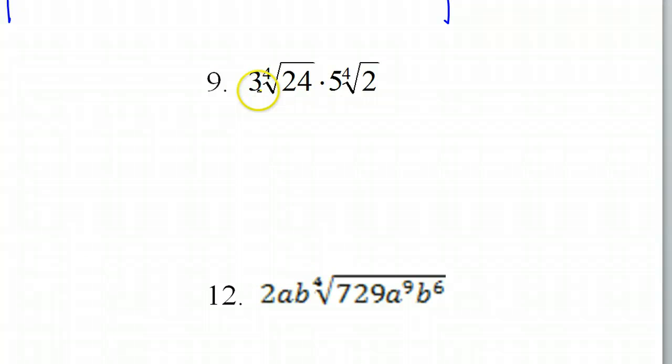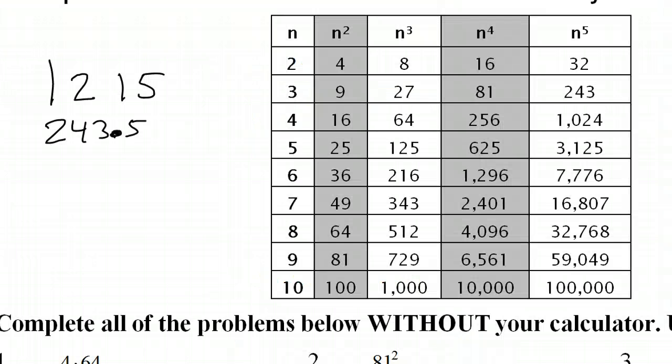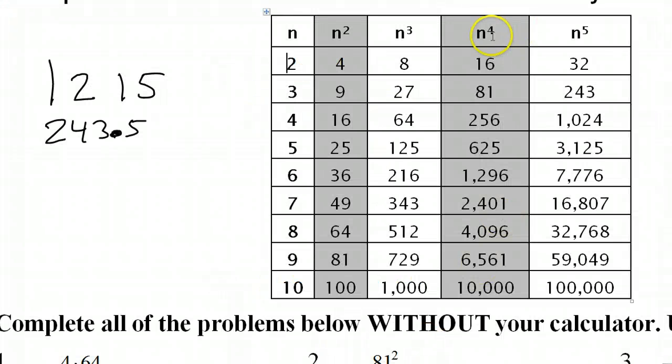Alright, number 9. You see the 3 and the 5 in the front. We can definitely multiply those, so we're going to get 15 out of that. Now these roots are both 4th roots, so because they're the same, we can go ahead and do this multiplication. So 24 times 2 is 48. So it's just a matter of simplifying this. Now 48 is not on the chart. We're talking about the 4th root, so we're looking at the 4th power. There's no 48, and the only number on the chart